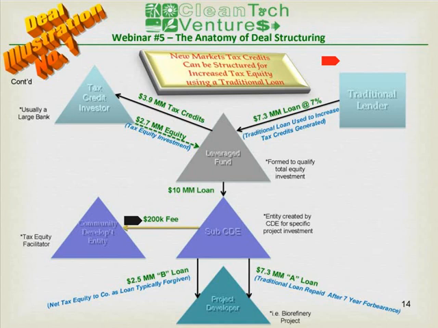So if you're dealing with a large bank, a U.S. bank is very prevalent in this space, they will have standard fees. Some of the smaller organizations that may receive allocations of credits will have non-market fees that will actually take the benefit out of the deal. So you need to shop those fees around and get a competitive atmosphere going when you're trying to solicit an allocation of credits from any given CDE. In this case, they're taking a $200,000 fee, and out of the $2.7 million tax equity investment, the company's receiving $2.5 million.